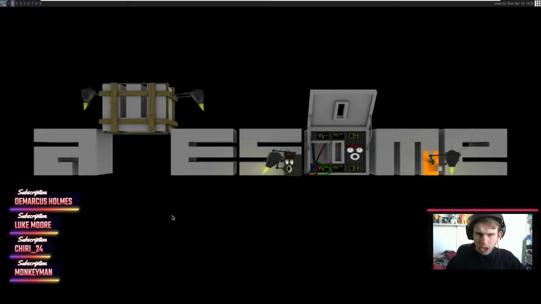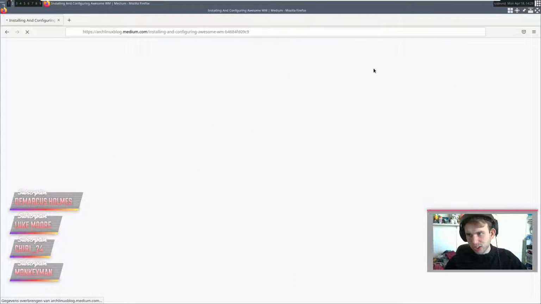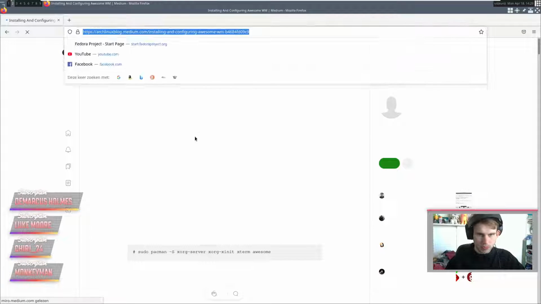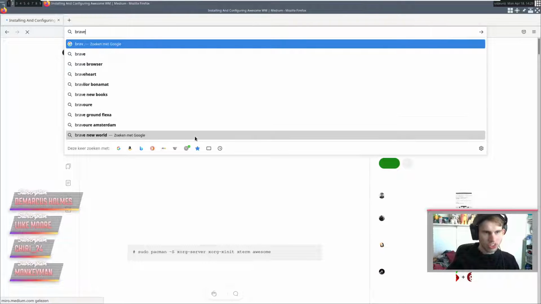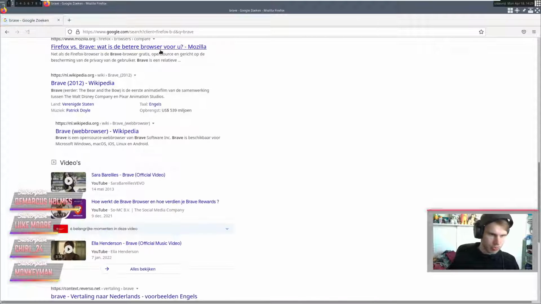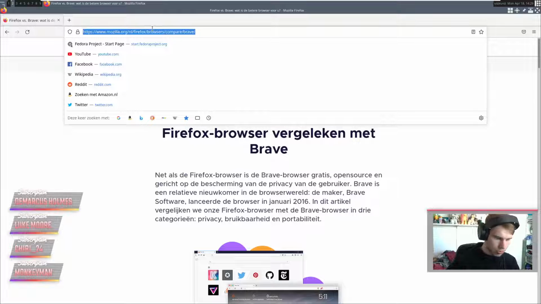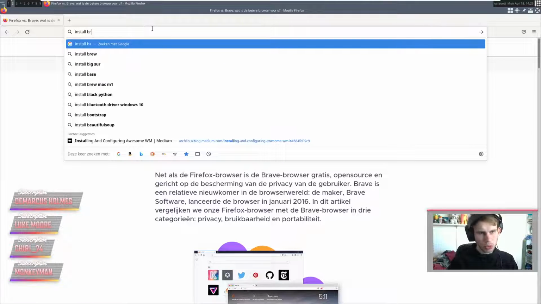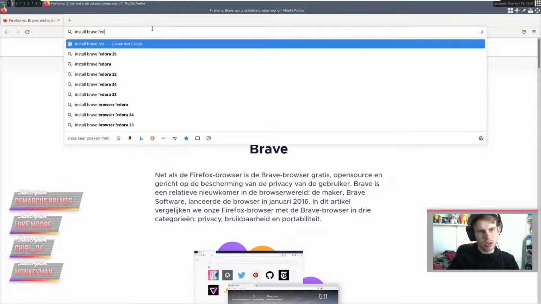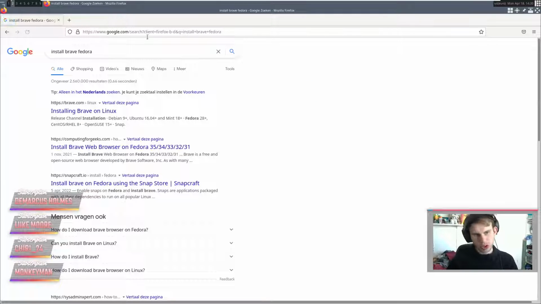Now there is one other thing that I really want to do, and that is to change around my web browser, because right now we are just using Firefox. But I also really want to install Brave browser. So what we're going to do is install Brave browser real quick.